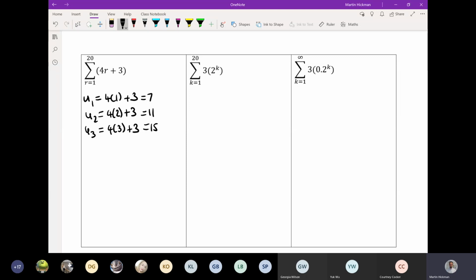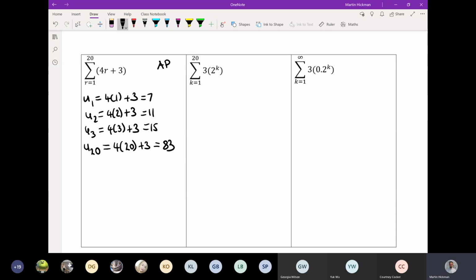So I know this is going to be an arithmetic progression, so I'm going to put AP there. There's a couple of things you could do now if you want to find the sum. You know the sequence is going 7, 11, 15, 19, etc. What I'm going to do is jump straight ahead to find my last term in the sequence. That's just U20. So I do 4 times 20 plus 3